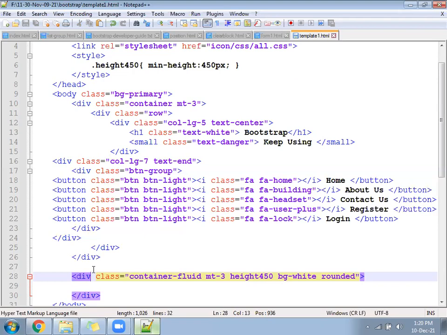Then rounded, bg white, container fluid, MT 1 to 5. All are classes that we have already listed inside the developer guide. So whichever classes we have made a note of, you can remember those. In a few days, you will design a very good template.